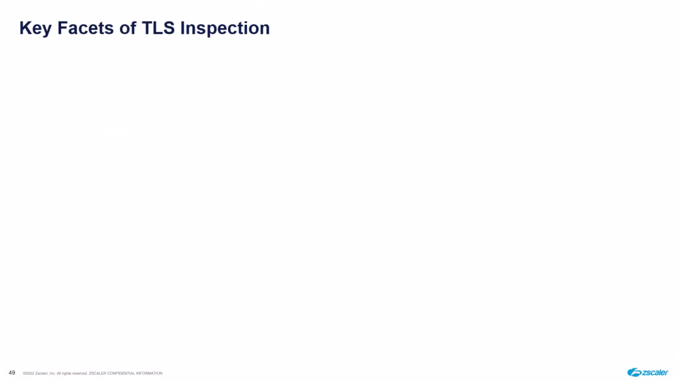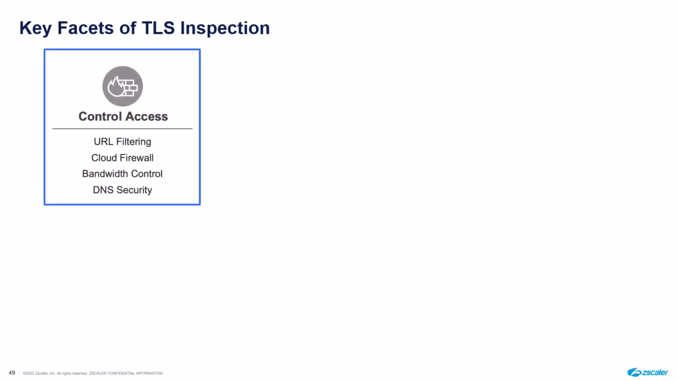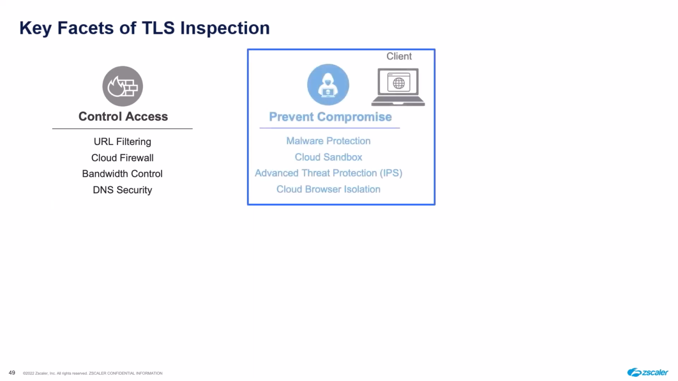So within the Zero Trust Exchange, there are several facets of how TLS inspection works. The first is access control: the URL filtering and the cloud firewall functionality, being able to apply policy based on the request and the response. The second part is around compromise, the actual payload